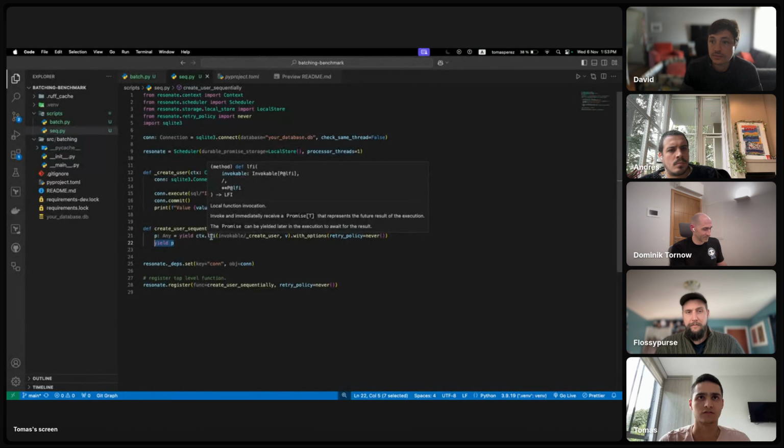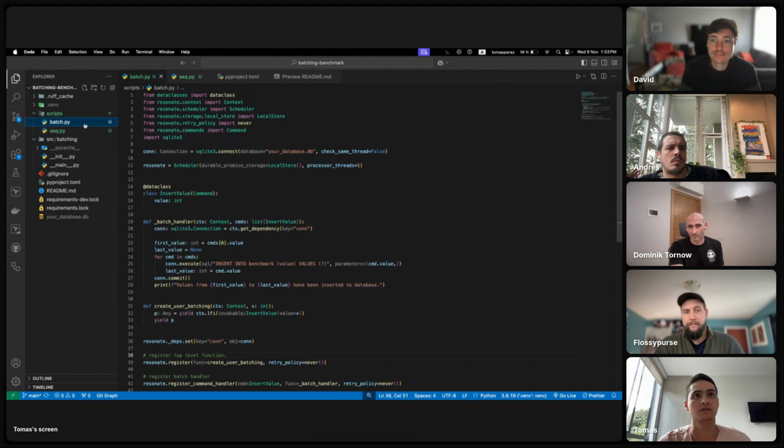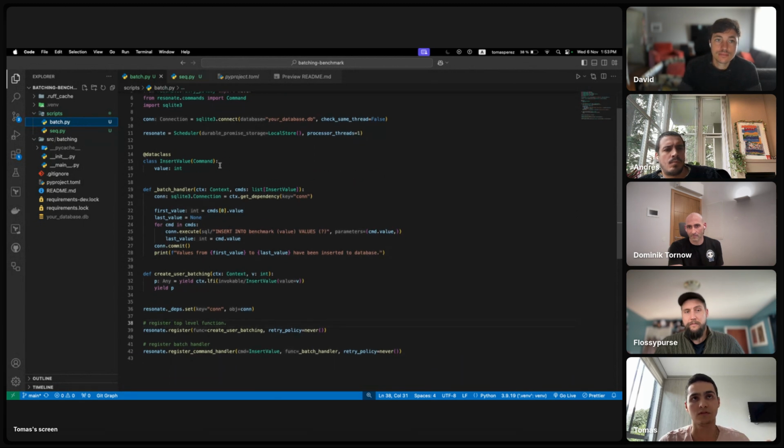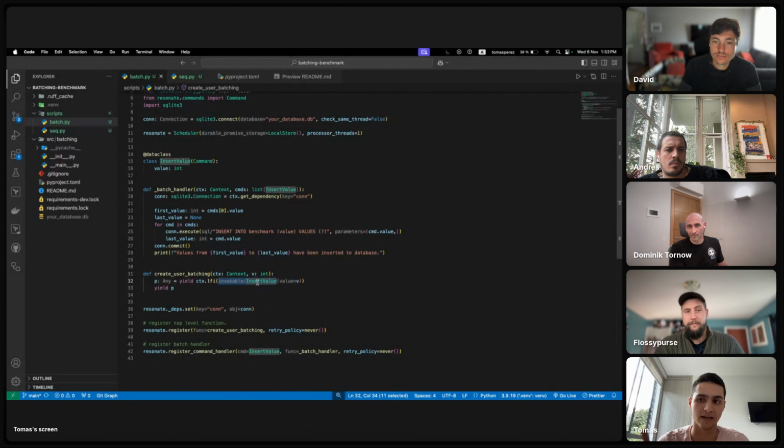But in this case, just for the sake of the example, I added these two as separate steps. So you have this as your handler. Then you do a local function invocation of this function, you pass the value, and then you await it. If you want to have batching, it's very similar in the sense that you still need to define your use case here. But instead of yielding a function pointer, you yield a data class.